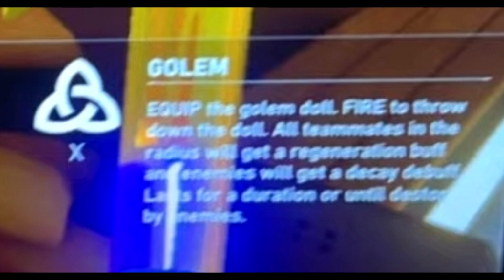It gets blurry, but pay attention. Ultimate is Golem. Equip the Golem doll. I don't know why a doll, but you equip a doll. Fire to throw down the doll. All teammates in the radius will get a regeneration buff, and enemies will get a decay buff. Lasts for the duration or until